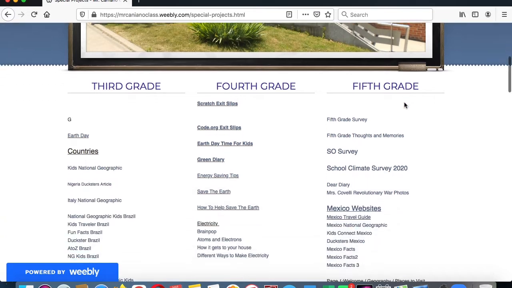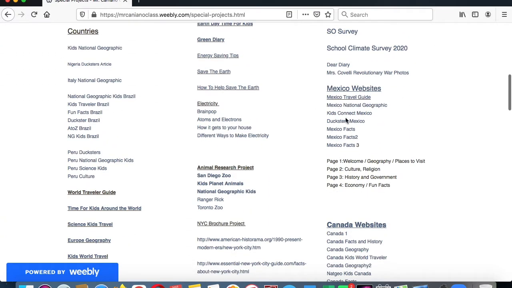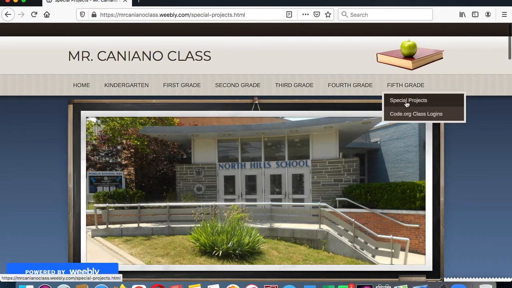And if you go under 5th grade, we have many websites on Mexico over here. Okay, and here's the outline of how the pages are going to be on our website. We're going to have a 4-page website. So here are many resources you can use, and that's under 5th grade special projects. If you go back to 5th grade,